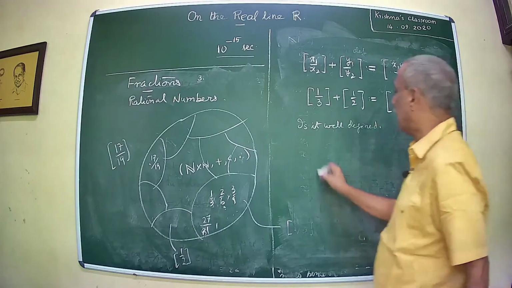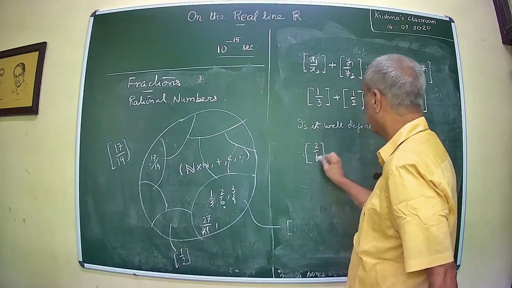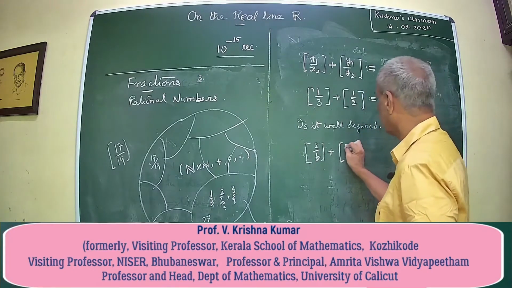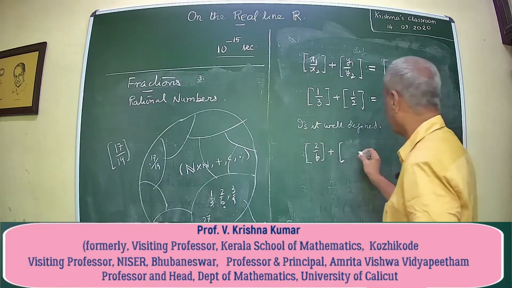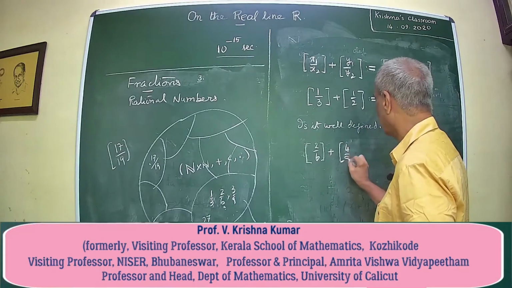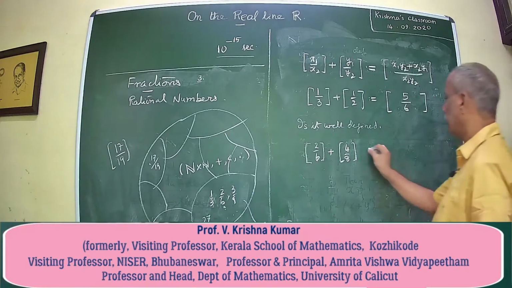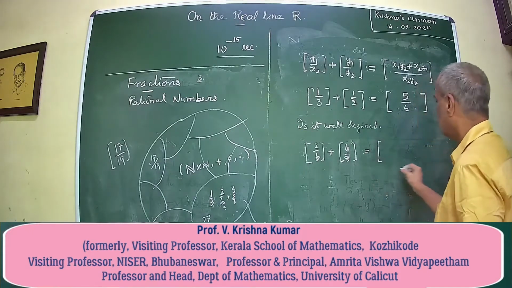But somebody else might take this as 2 by 6 here and then take this as 4 by 8, and then apply the rule of addition. What do you get? By definition, this will be